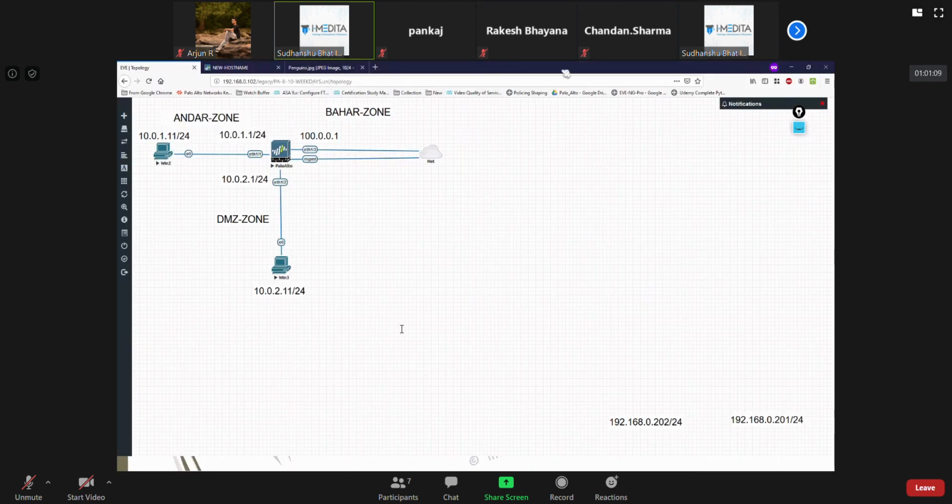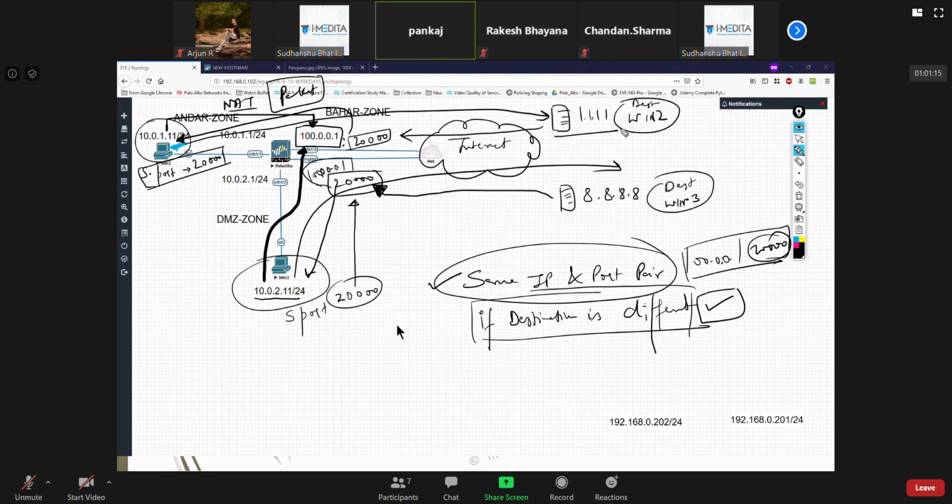Any doubts? So different destination means different IP they should have, right? Yeah. Destination here, not in the network, right? No, not in the network, when they are going out.